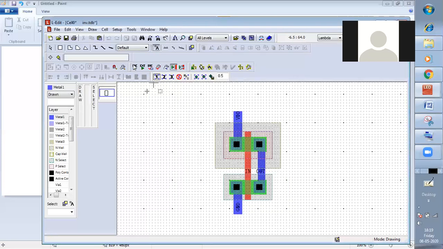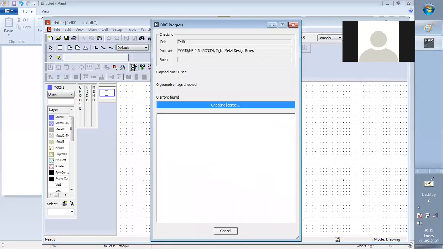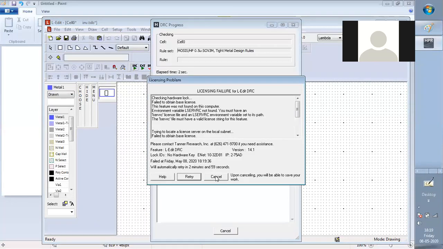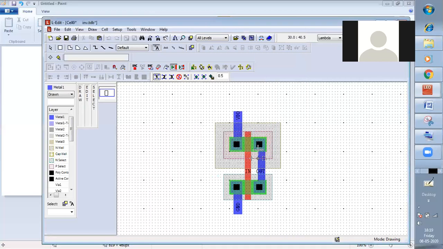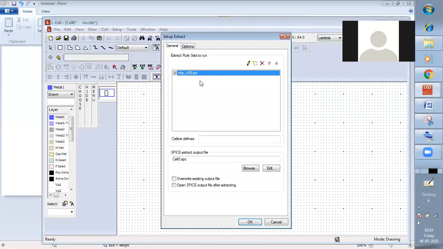So now we perform DRC. Still it is saying the license. Setup extract. Here there will be 3 dots.